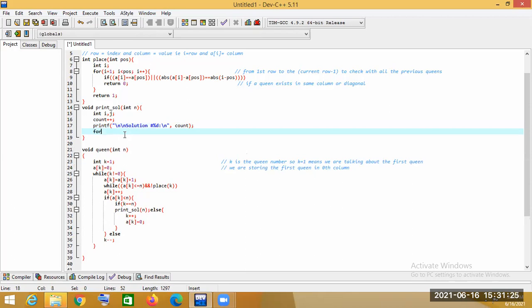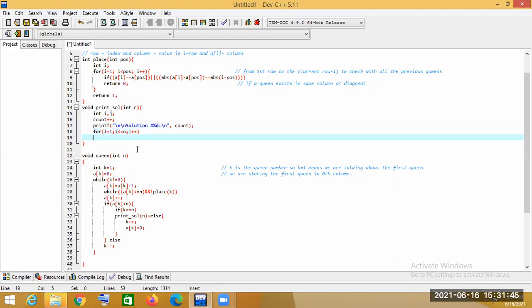And here we will use two loops, since we use i and j. For i equal to 1, i less than equal to n, i plus plus.